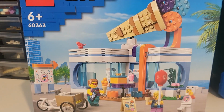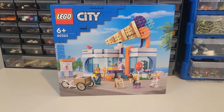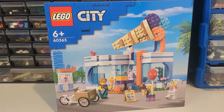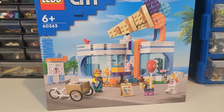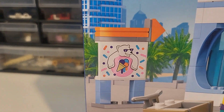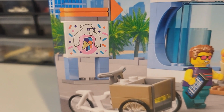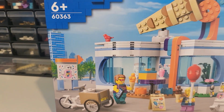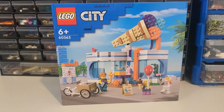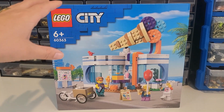It's a very clean build, which I like. So basically in this video what we will be doing is we're going to pull this one apart. We are going to build it. We're going to see what it looks like in its original form. I'm really liking that. I'm guessing that's a sticker. Yeah, that looks like it's a sticker. We're going to pull it apart. We're going to build it. We're going to see all the different play features and what we think of the set. And then we are going to